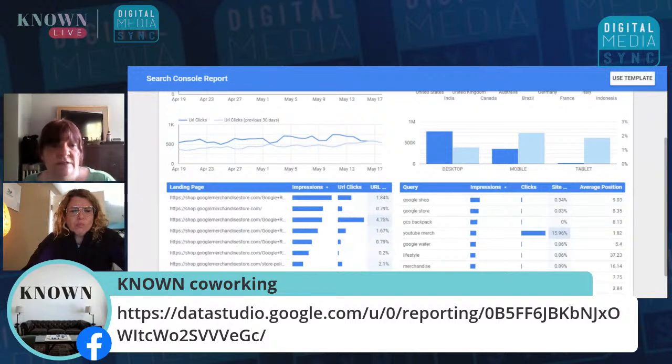So usually there's a landing page and an exit page. So what my report would look like is this section would be landing page and the next section would be exit page. And what we'd like to see the exit page be is the checkout. So we're looking at cart, checkout, that sort of thing.